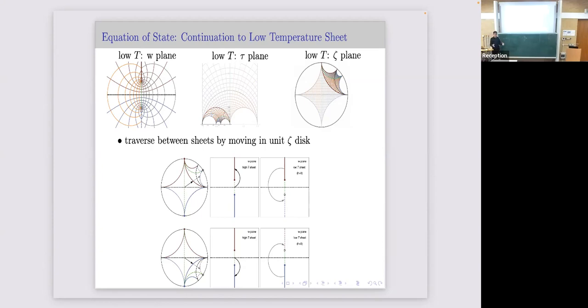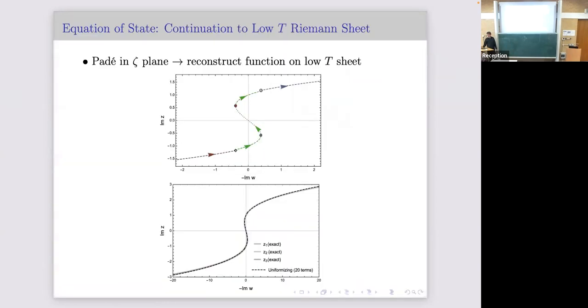You go polynomial, you map it under this uniformizing map, re-expand, and if you didn't know the exact location of this branch point, you would soon find it. So when you do that, this is what you get. Upper curve is a blow up of the actual situation. This is the nodal points. You follow from one sheet to the next sheet to the next sheet.